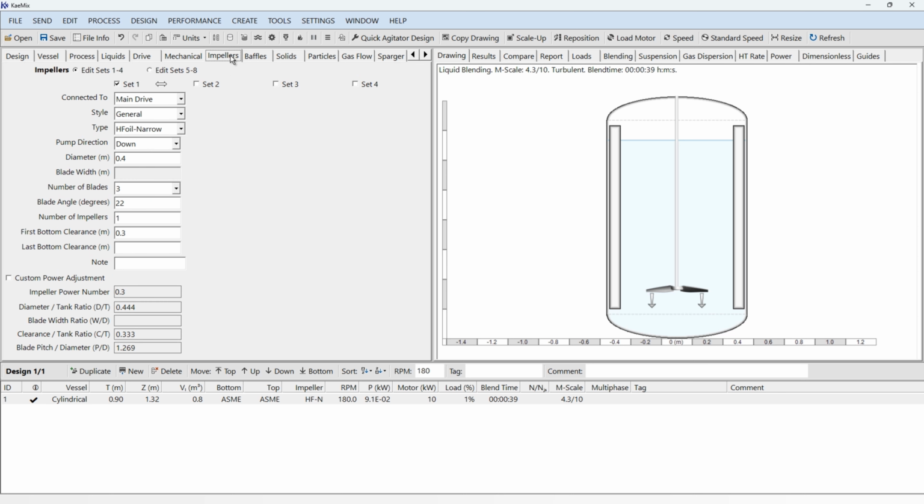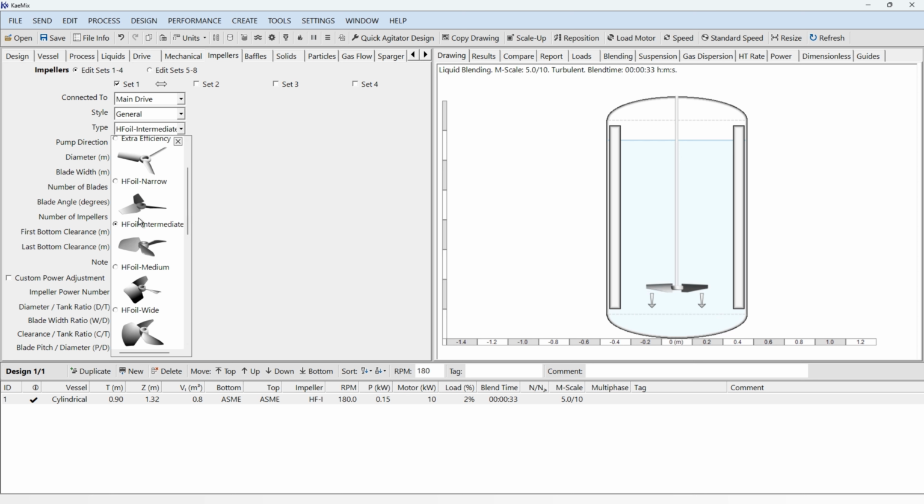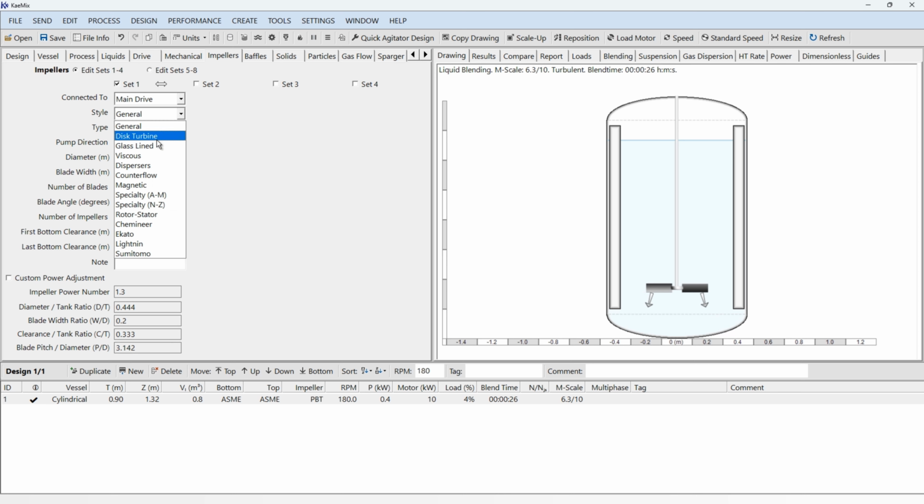We will now look at the impeller system. You can have up to 8 sets of impellers, and for each impeller set you can specify which drive it is attached to. In K-Mix, impellers are grouped by style, and under each style, a number of different impeller types are available. Styles include general impellers, disc turbines, glass-lined, viscous impellers, dispersers, rotor stators, counterflow impellers, magnetic and specialty impellers, as well as selected commercial impellers.